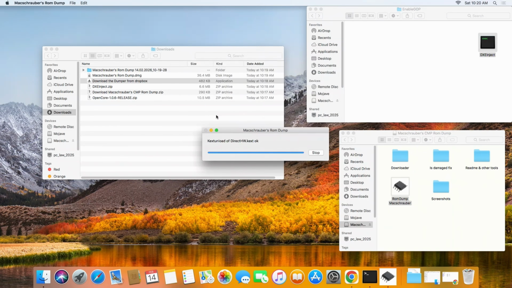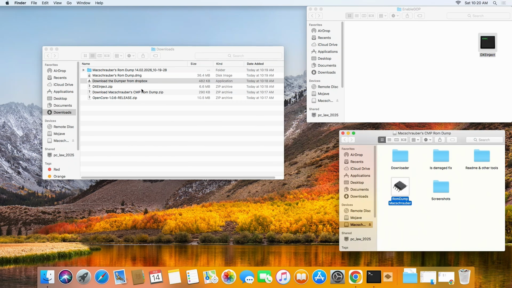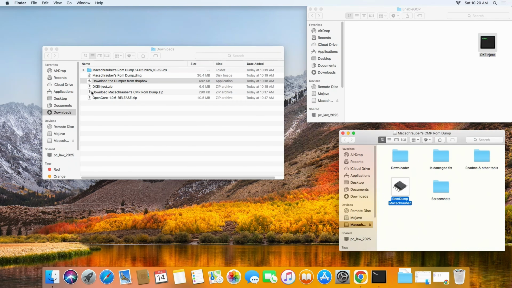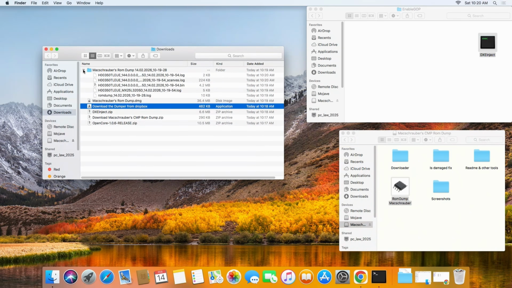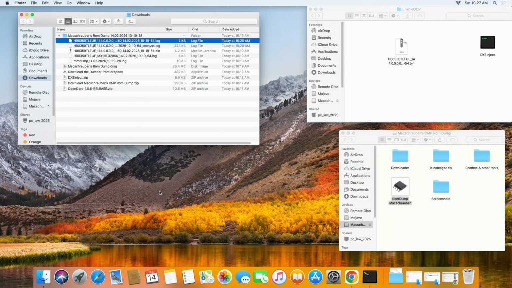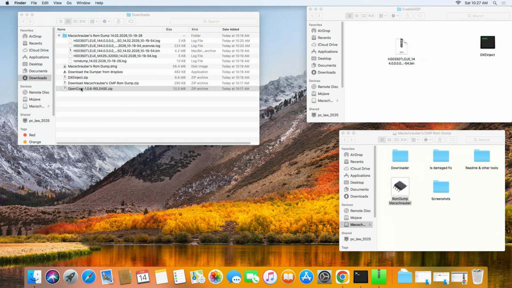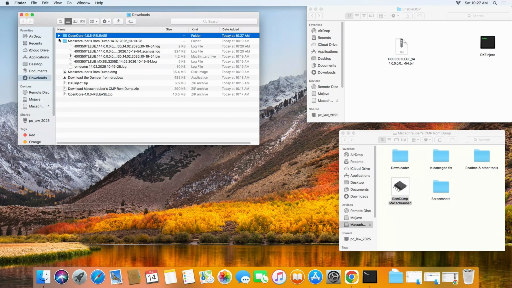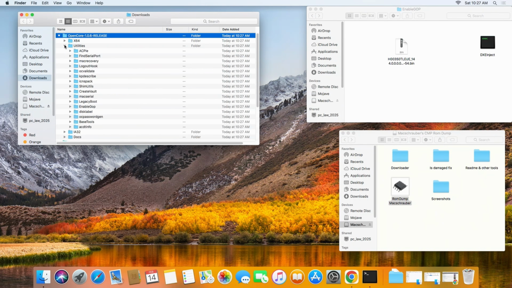All right, we'll go ahead and quit McSchrober's ROM dump tool and go to the downloads folder where it made this folder and saved the ROM dump information. Open that up, find the bin file, and drag that over to the EnableGOP folder. Now back to the downloads folder. Double click on the OpenCore zip file. It'll decompress. Open that up. Go to Utilities, EnableGOP,